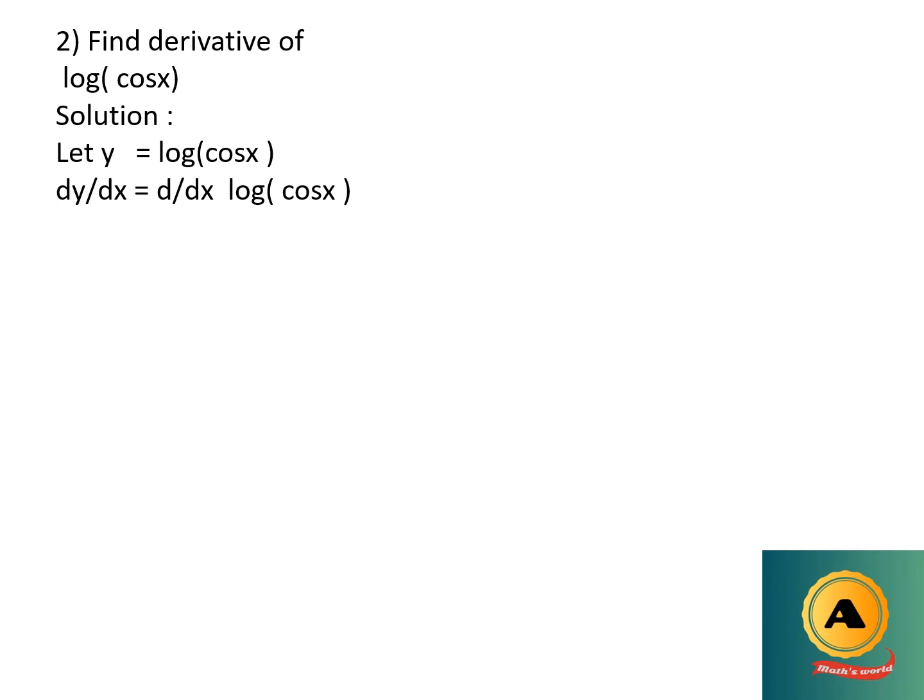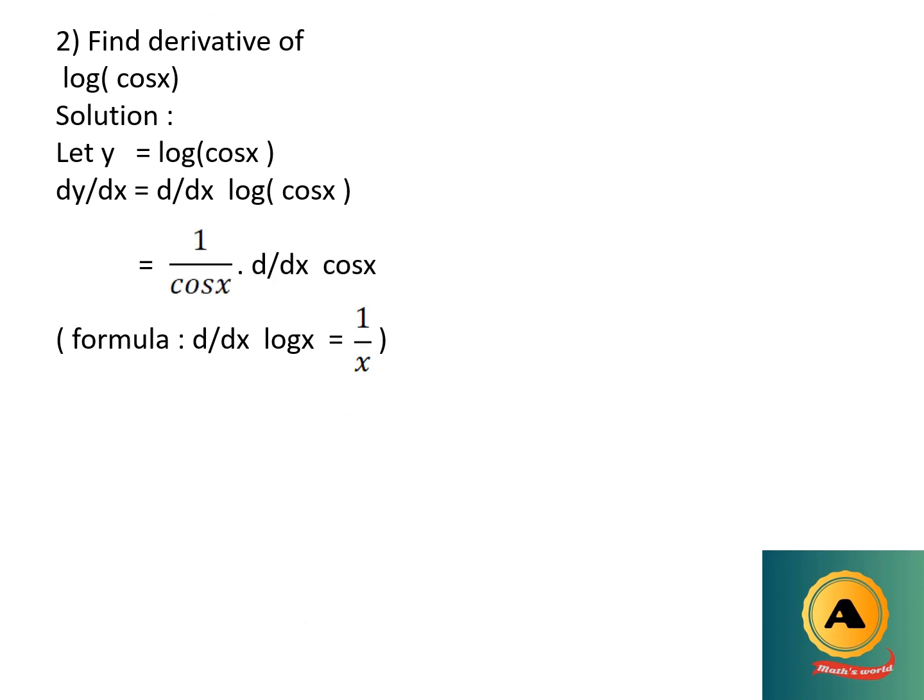As I explained in the earlier example, if it is log x only or cos x, then we can write its derivative directly with the help of standard formula. But it is log of cos x. It is a function of another function. So first we have to write derivative of logarithmic function and after that cosine function. We have a formula derivative of log x equals to 1 upon x. Comparing this formula with log of cos x, you can see there is x in the formula in the place of cos x. So apply same formula and replace x by cos x.